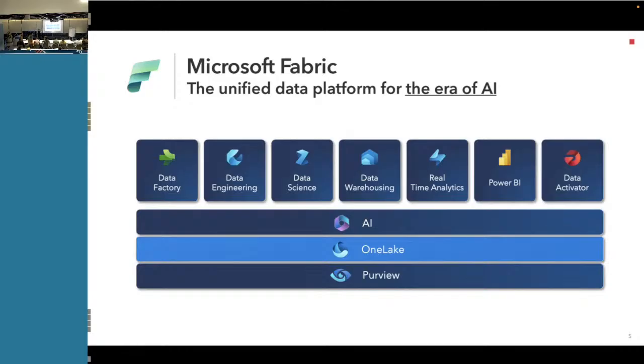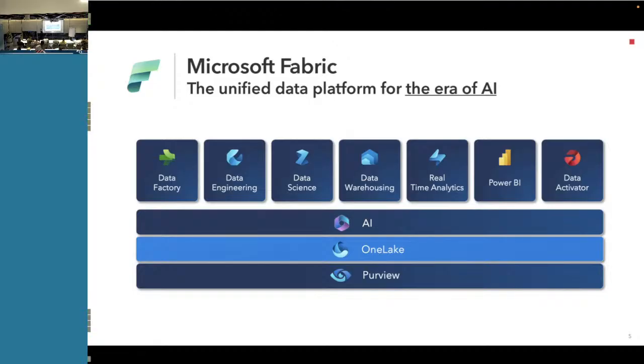Later on, we are getting another integrated pillar, real-time analytics. So in one SaaS tool, you can start processing the data in flight. Real-time analytics means the Azure Data Explorer engine. And don't worry, I will do the demo. You will see now just the pillars, but imagine all of them are integrated in one tool. The cherry on the cake, Power BI.